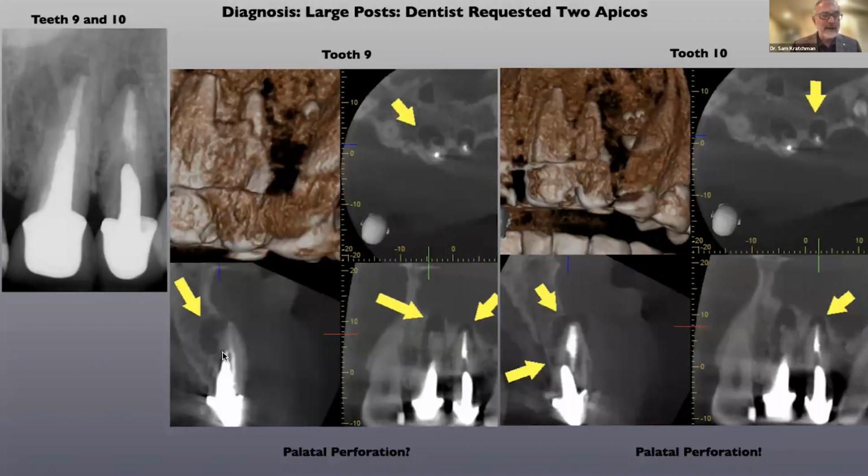I'm not sure, but if not, it's pretty darn close to one. But on the adjacent tooth, 100% this is a perforation because you could see the post is deviating, and there's also this area here of low density or the shadow. And yes, there could be some artifact here, but definitely there was mobility here, and this tooth has to be